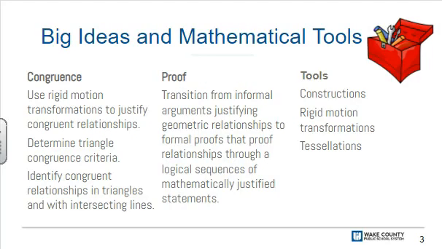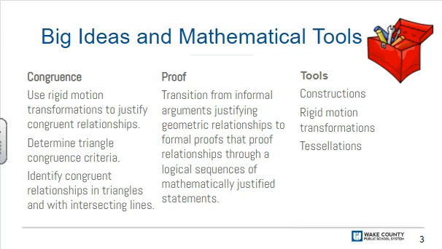The big ideas for this unit include ideas about congruence and proof. You will apply what you learned about rigid transformations in the last unit to establish congruent relationships with triangles, lines, and angles. You will also learn about the hierarchy of ways of knowing and justifying geometric relationships. Your work in this unit will help you move from accepting that what you are told is true to creating arguments that prove that a conjecture is true by organizing a sequence of mathematically justified statements that leads to a